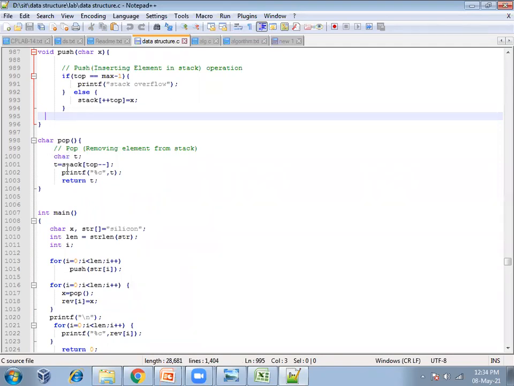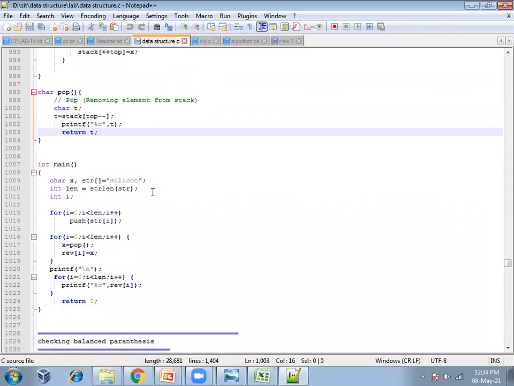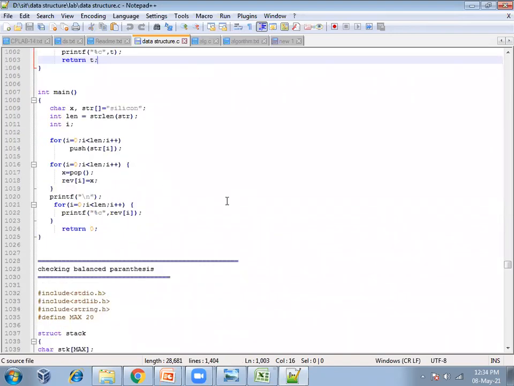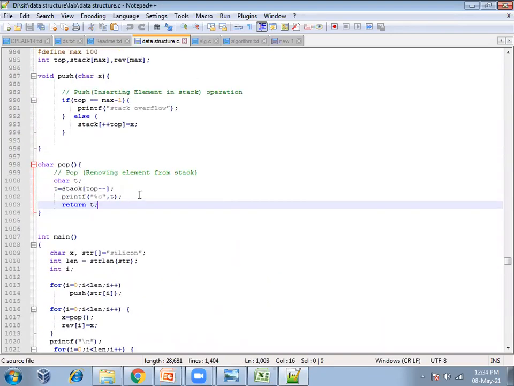Here I'm assigning this value, stack top minus minus, to this variable t, and I'm returning this t. The function return type I have given here is character, so the pop function will return this character t.